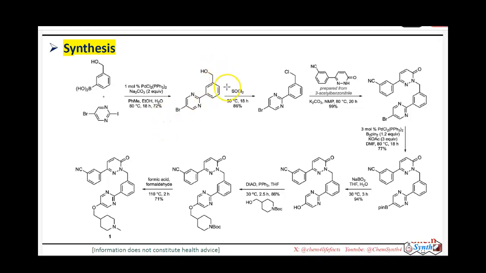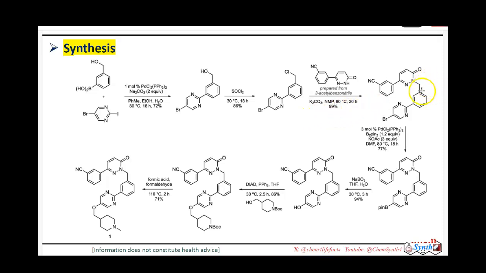And the second step is the thionyl chloride mediated conversion of this primary alcohol into the primary halide. And then they have used another heterocyclic ring which they have synthesized from 3-acetylbenzonitrile, and the alkylation of this heterocyclic ring was done by reaction with this primary halide in presence of potassium carbonate in NMP solvent under heating conditions